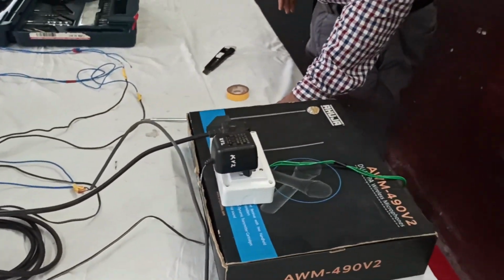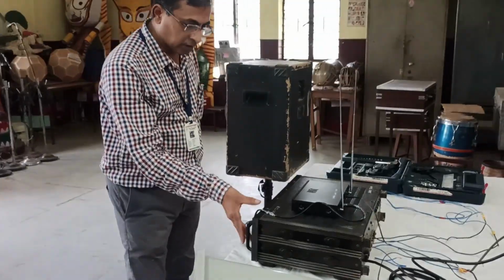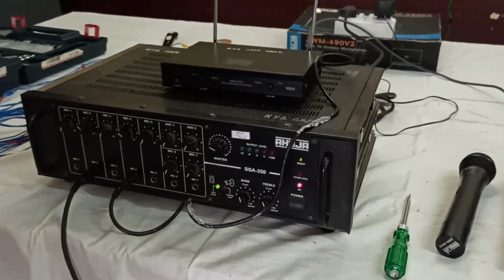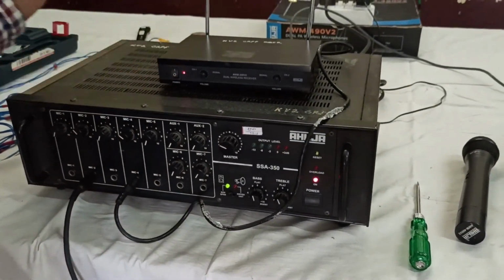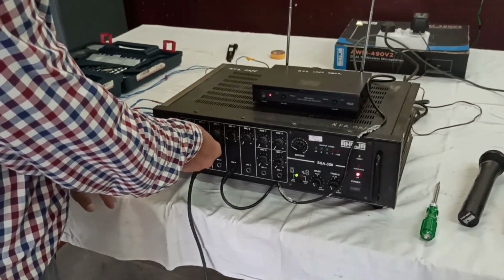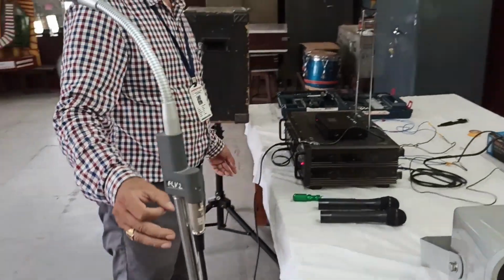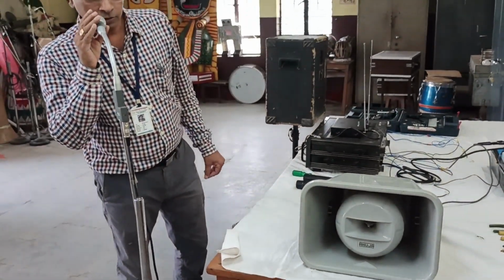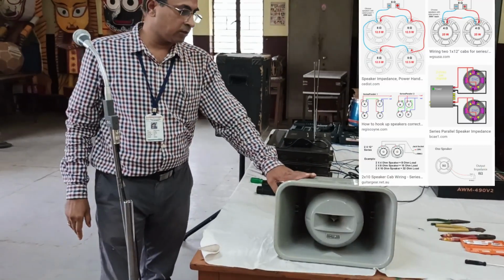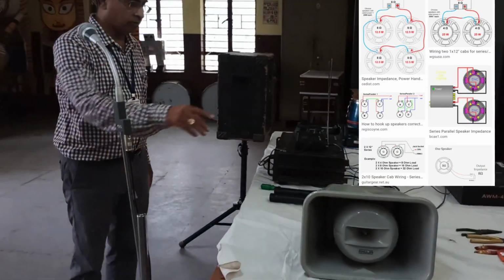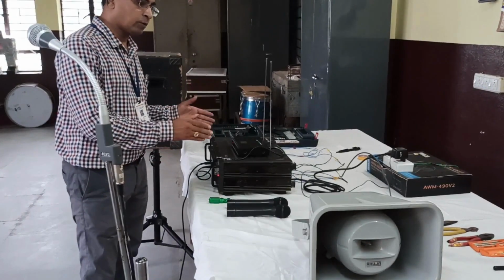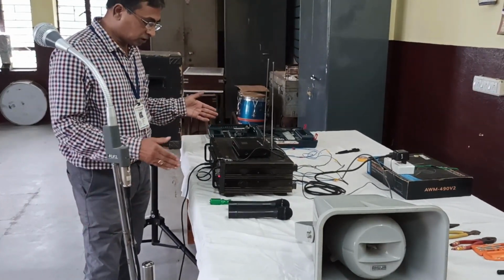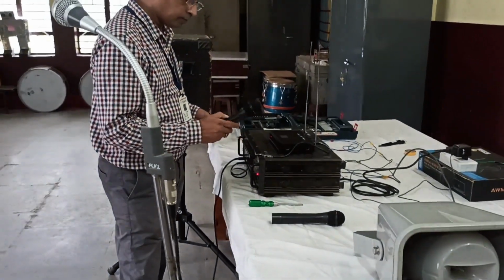So this on. Let me check whether it's working or not. So again, this is power on. This one is on. Okay. So now working. This one is working. Okay. And that is silent. This one is working. So this is the transformer unit. So for the transformer unit, common and 100 volt, and for the normal unit, common and 8 ohms. So this is people, and you can test this one also.